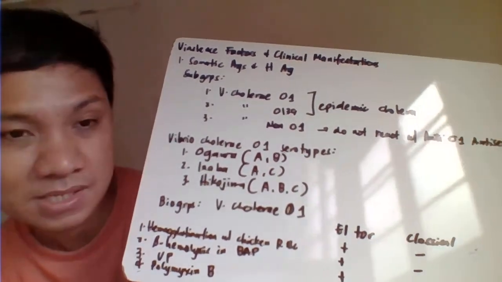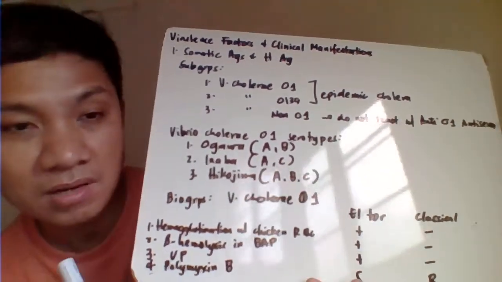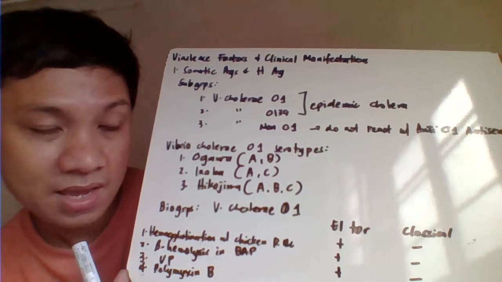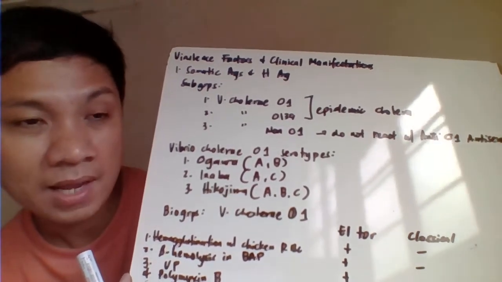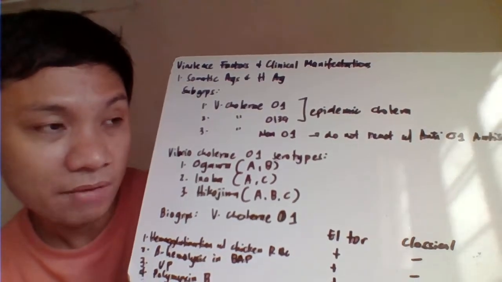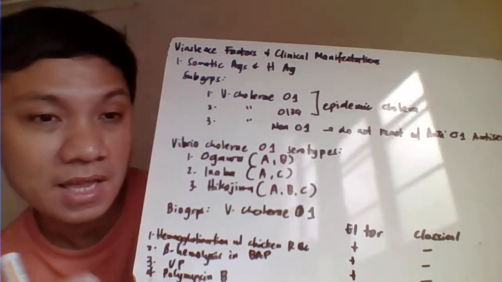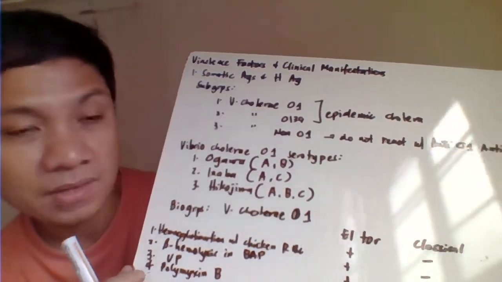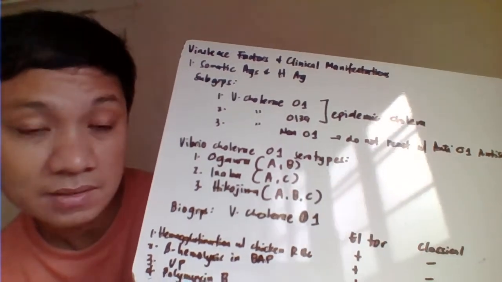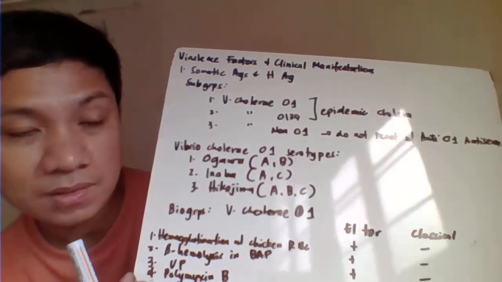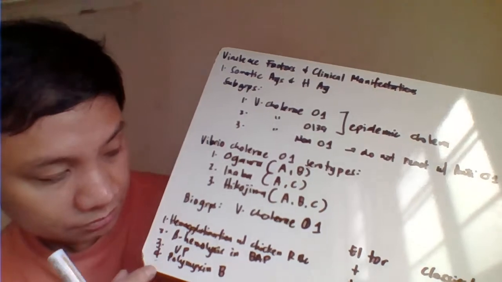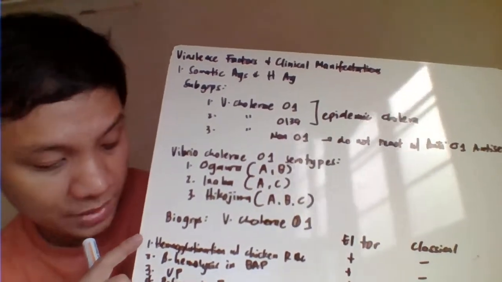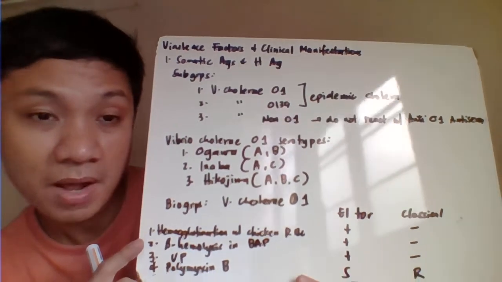several serotypes. Again, serotypes based on their serological typing results. So based on that, we can classify your Vibrio cholerae O1 into the three serotypes. We have here your Ogawa, which contains the A and the B na serotype. Inaba is your A and C na serotype, and we have your Hikojima, which is the ABC na serotype. Biogroup naman, so again, pag biogroup, they just divided based on their biochemical